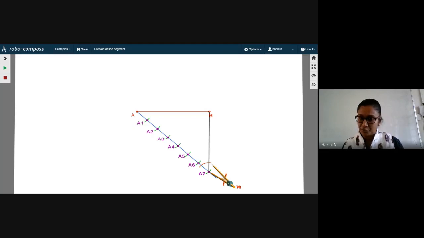I'm waiting for you to draw that arc there. That's why I have colored it also in a different color so that you know you're drawing a new arc now. See that it is between A6 and A7. Don't take a bigger radius than that. Can you see? I have taken a smaller radius than A6, A7. It should not go beyond this, not beyond A6. It should somewhere cut between A6 and A7.